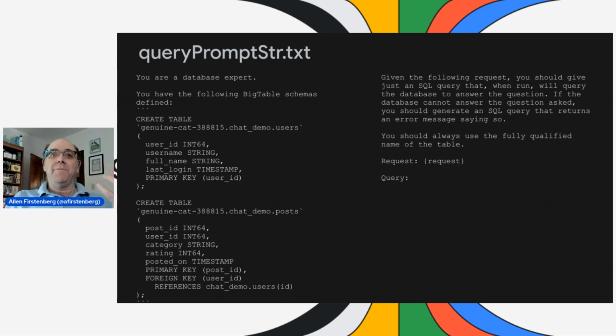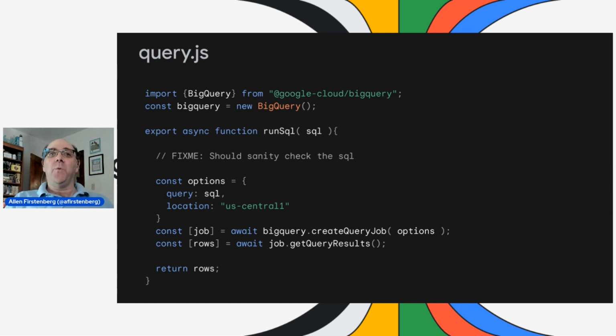So now from this, we have some SQL. What do we do with it? Well, for those of us that know SQL, what do we normally do with it? We need to send it as a query somewhere. One of the things I point out, though, and I have this in a fix me here to remind us, is that we should sanity check what the SQL is. We don't want it doing things like deleting the database, inserting stuff into the database. So there are some basic checks that we can do to make sure that this is just going to be a select and that it doesn't have any odd characters that are trying to escape our sandbox.